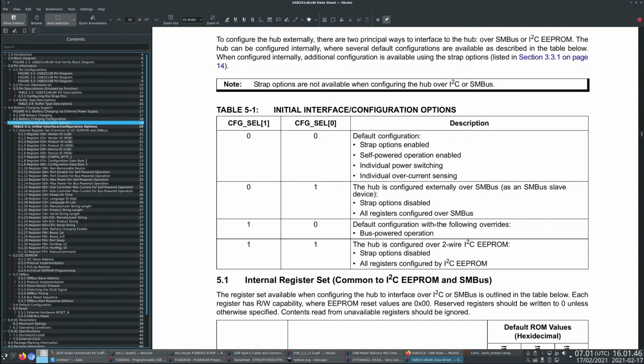Yeah, this is kind of an interesting question: if you set it to default, you would think it would still work as an SMBus device, because it'd be kind of silly not to support that. Of course, if it's an EEPROM, you would expect it to only work in this mode, but